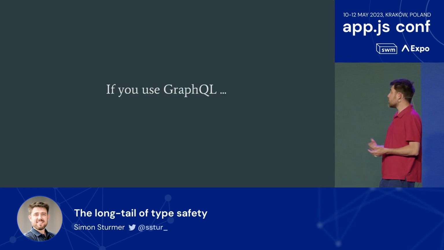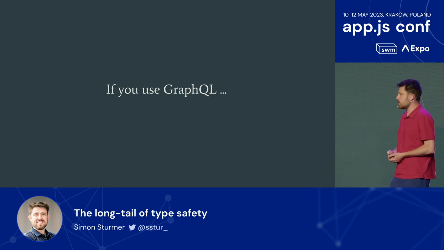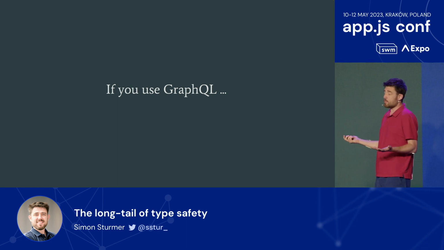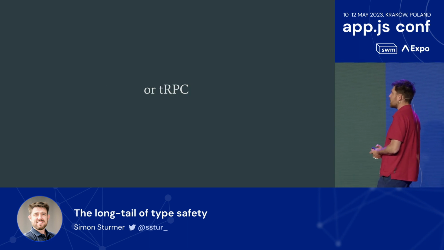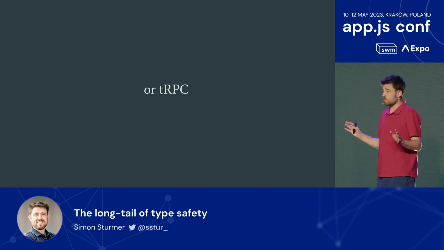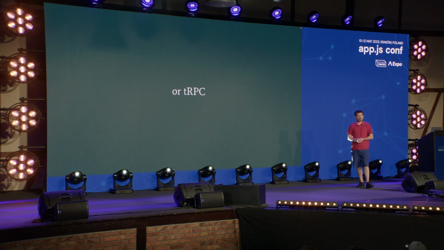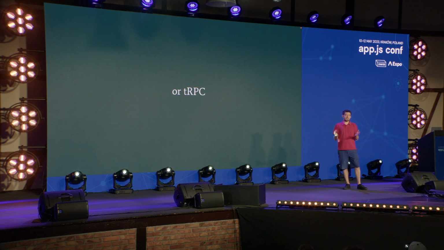Of course, if you're using GraphQL, you don't really have to think about this as much, right? GraphQL libraries are no stranger to type generation, so if you're using GraphQL, you're probably in a great position with that. You don't have to care as much about it. And if you're using tRPC, even better. You don't even have to think about type gen, right? tRPC is this really cool type-safe way of just calling functions on your server. So yeah, if you can use tRPC, absolutely go for it. The downside is you need to be running TypeScript on the server. You kind of need this monorepo setup. There are requirements that need to be in place.